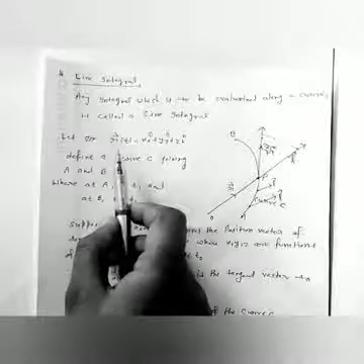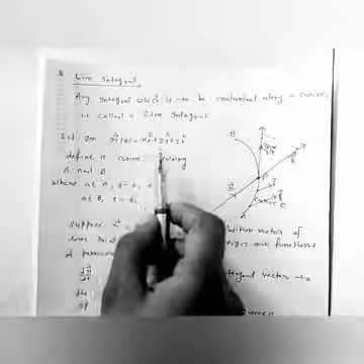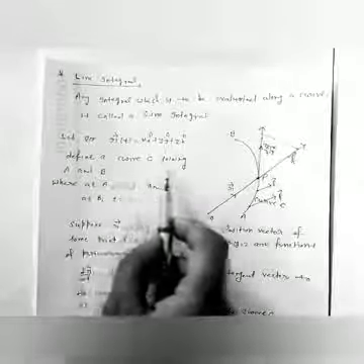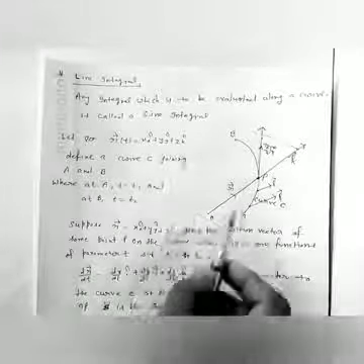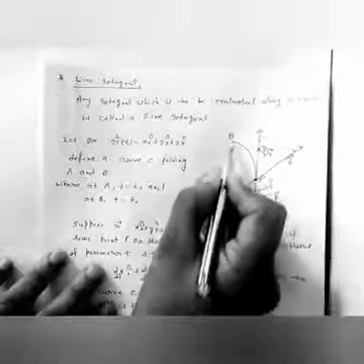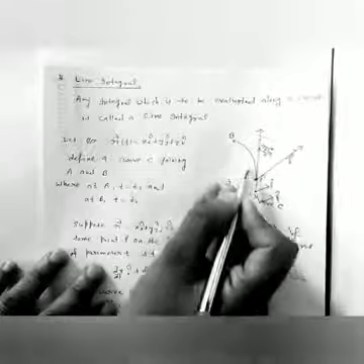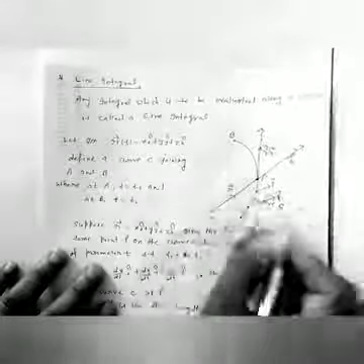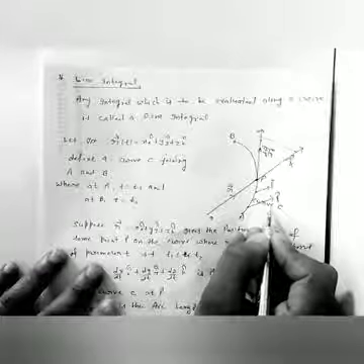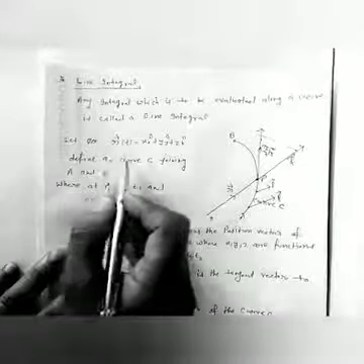Let r = xi cap + yj cap + zk cap define a curve C joining A and B. Means from point A to point B. So that curve is C, and that curve C can be written in parametric form as